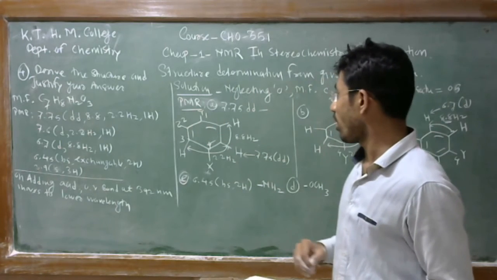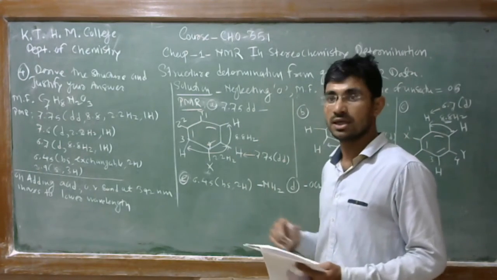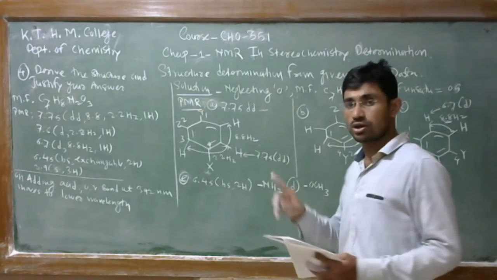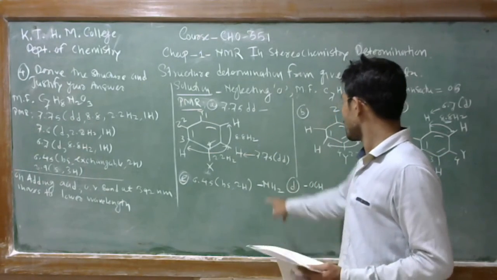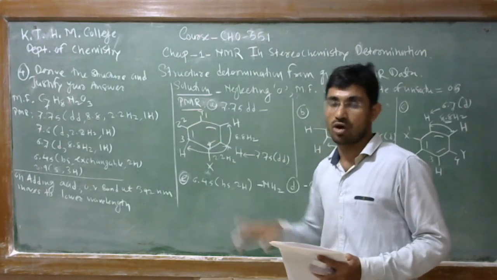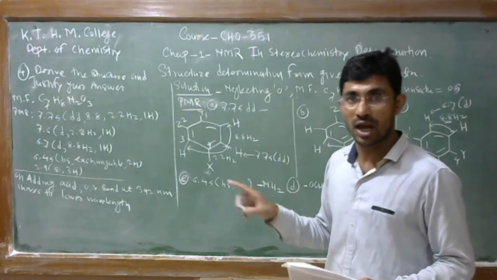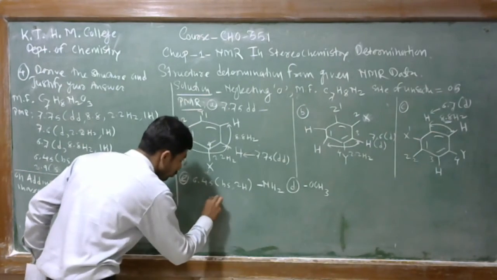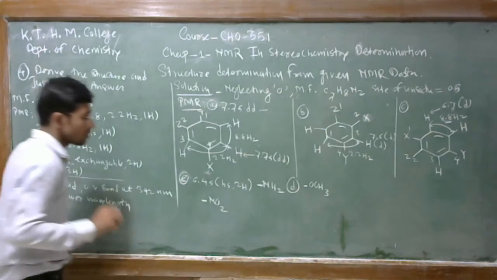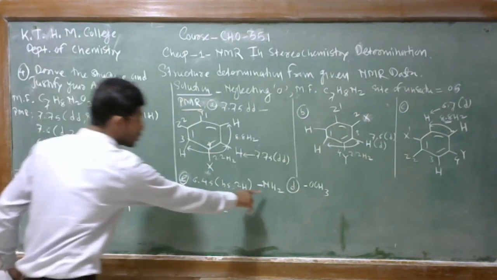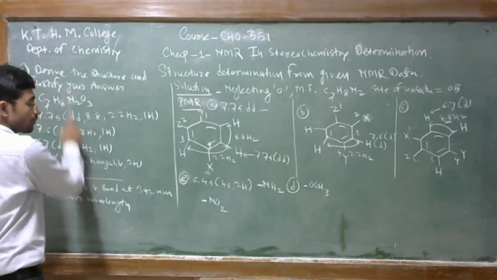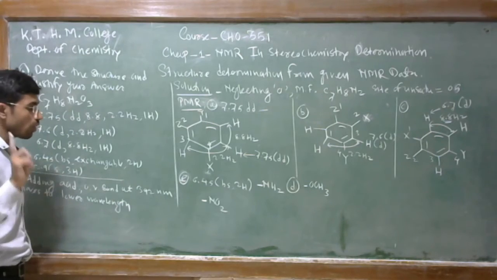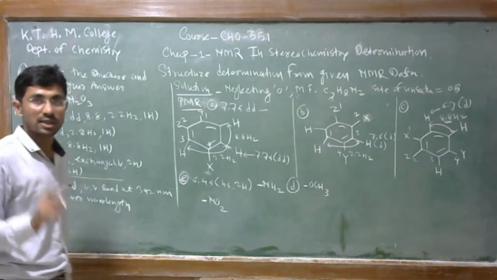So in the molecular formula, number of oxygen is how many? 3. So in the methoxy group 1 is involved. In the NH2 group 1 nitrogen is involved. So remaining 1 nitrogen and remaining 2 oxygen. That is nothing but which group here? That is the nitro group. So the nitro group will remain because in NH2 1 nitrogen is involved, also oxygen 1 is involved in the methoxy group. So remaining 2 oxygen and 1 nitrogen, that is nothing but the nitro group.